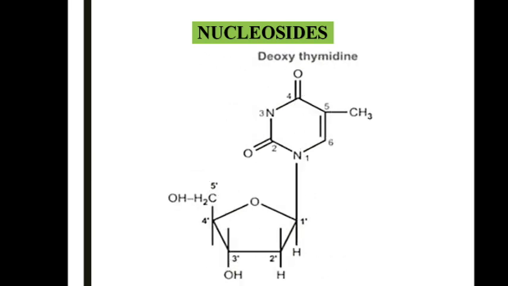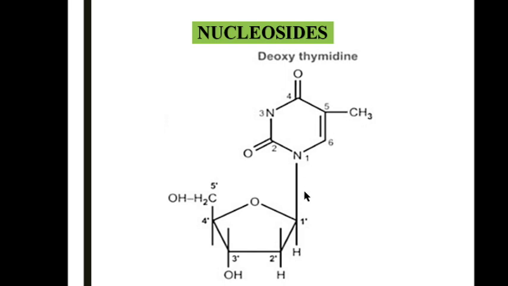With respect to DNA, let us take an example of deoxythymidine in case of pyrimidine. This is a pyrimidine ring. We know that the pyrimidines are differentiated from each other with the help of, if we want to say it is a thymine, there should be a methyl group. If you want to say it is a uracil, it is almost like thymine, but there is no methyl group.